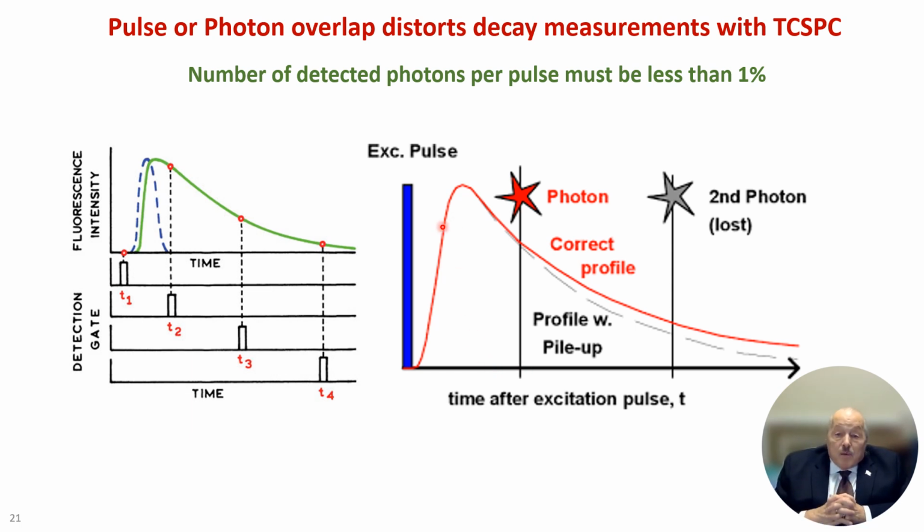One of the problems with time-correlated single photon counting is photon overlap or pulse overlap. We discussed this also in an earlier lecture. In order to get a representation of a time-resolved decay, you can only collect 1 photon